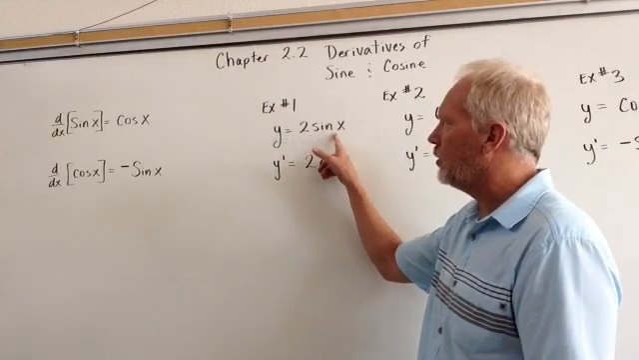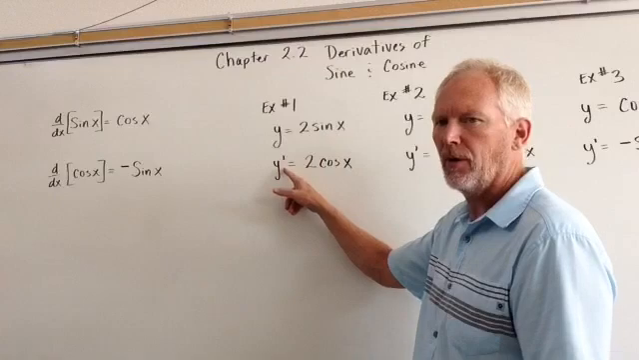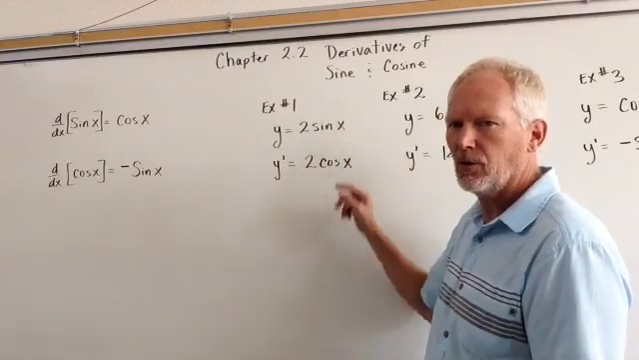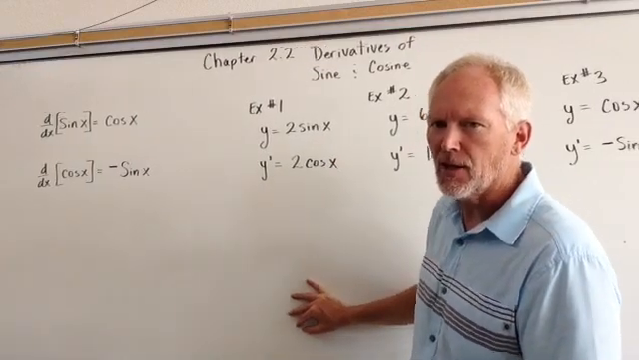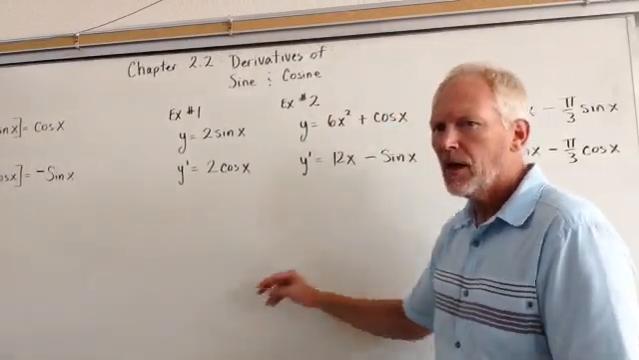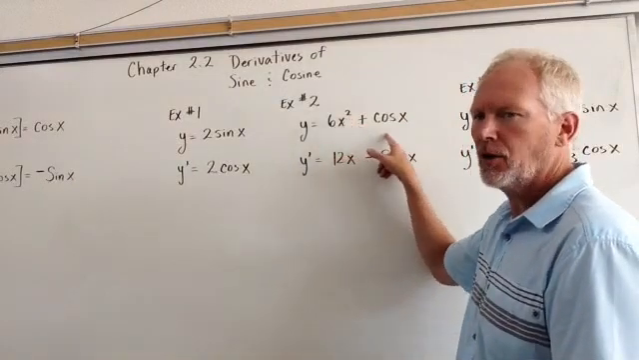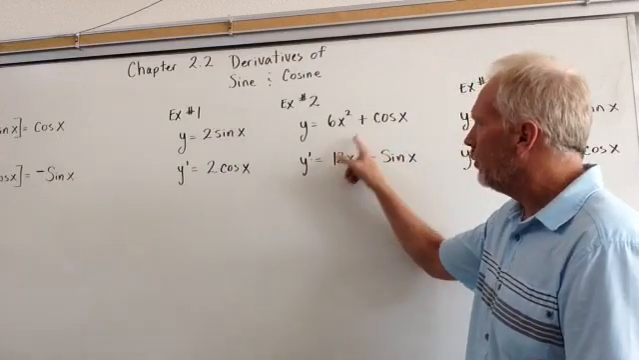If y is equal to 2 sine x, well then y prime, or the derivative, is equal to 2 cosine x. So we just substitute the 2 in. Not a lot more math involved with that. Okay? Example number 2. If y is equal to 6x squared plus cosine x, well, then y prime, we take